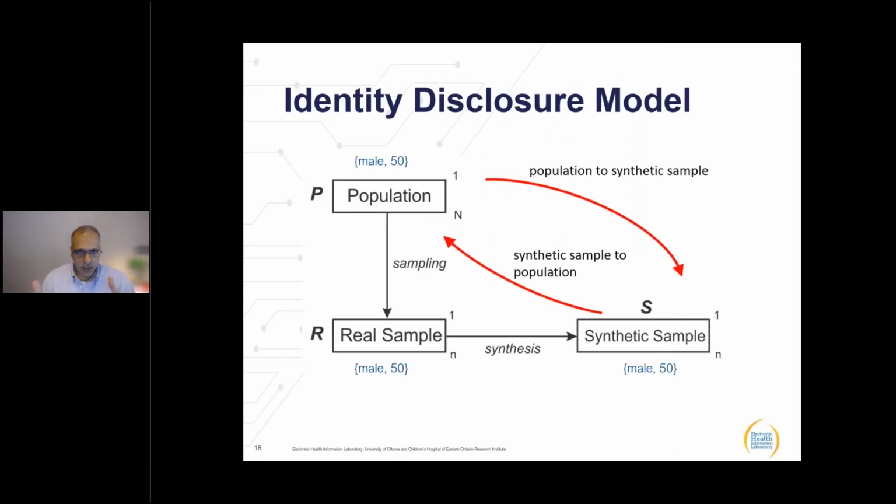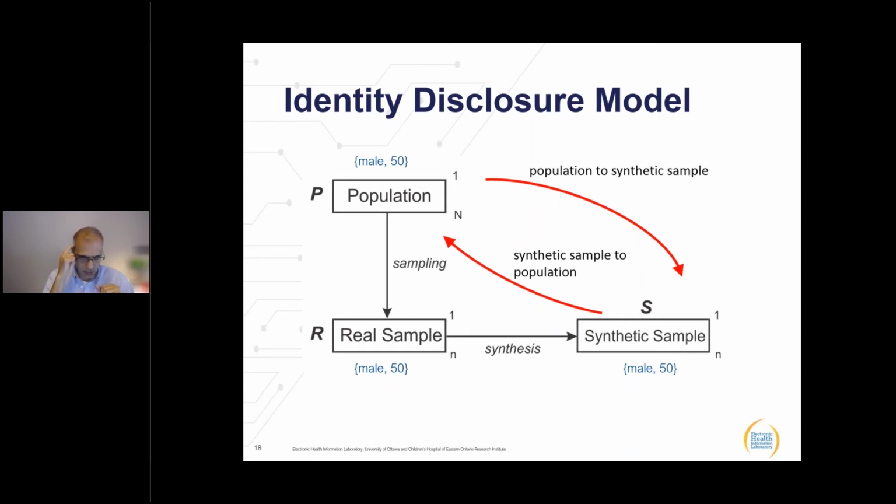Okay, so now let's switch to evaluating privacy and utility. I'll give you some examples and some models that have been used for that. You can apply the identity disclosure model also to synthetic data. And the general perception has been that because synthetic records are not real records, you can't map them to real people. But in practice, you sometimes can, because sometimes generative models overfit, and therefore you're able to map synthetic records